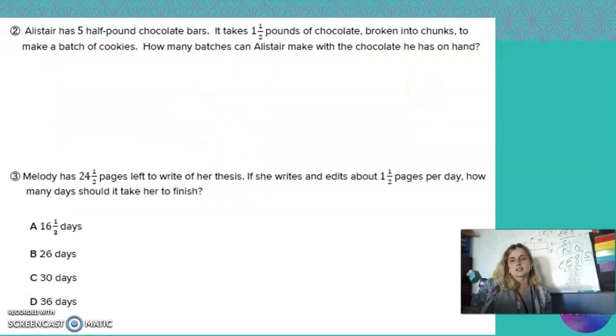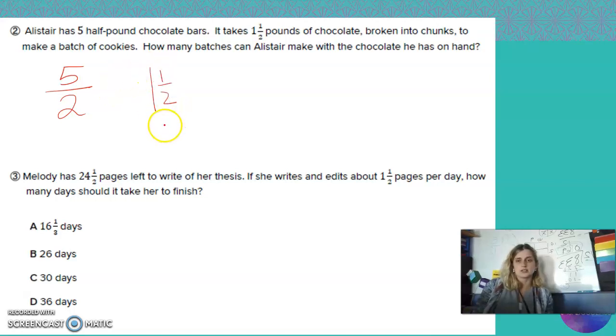On the back, Alistair has 5 half-pound chocolate bars. That's what's going to trip a lot of people up who don't watch the YouTube video, because it is not 5 1/2. It is 5 half-sized pieces. That's what he has, so that's going first. It takes 1.5 pounds of chocolate to make a batch of cookies. So we want to know how many batches. We're going to divide it up, change this to a fraction, keep the first fraction the same, multiply by the